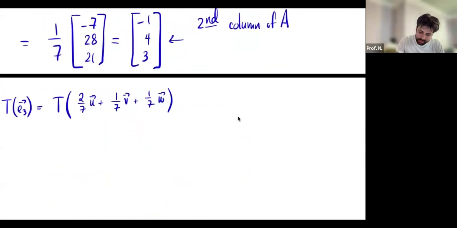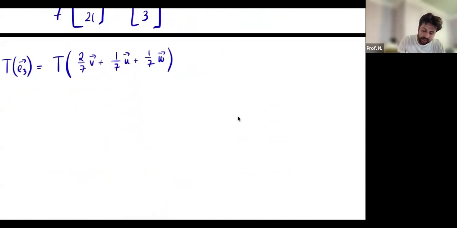VU, right? Sorry. Which is the same thing as saying 2/7 of T of V plus 1/7 of T of U plus 1/7 of T of W,